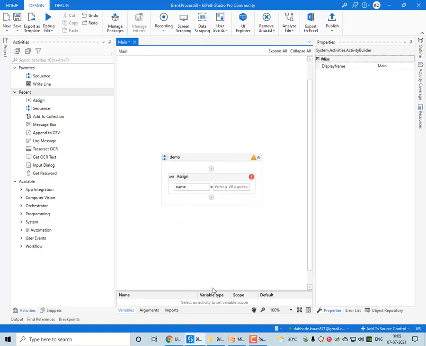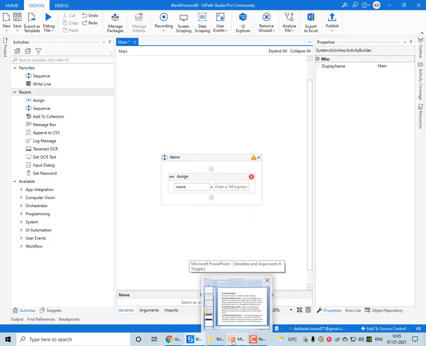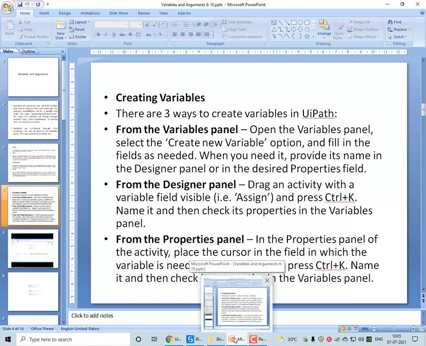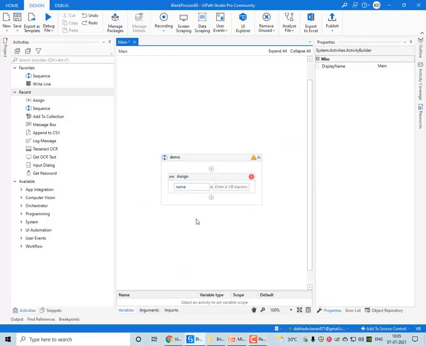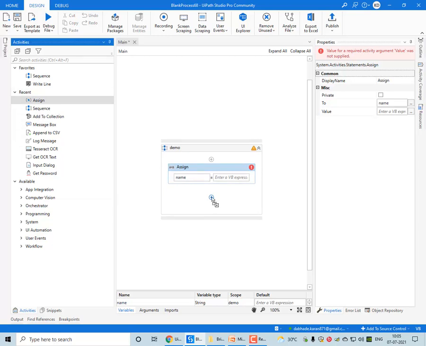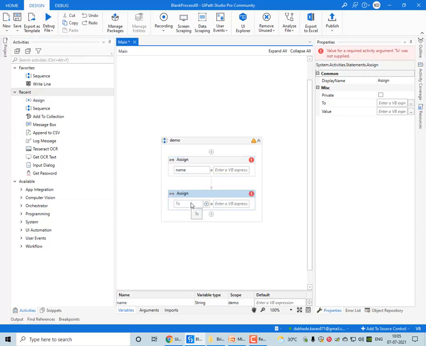And what is the third way of creating a variable? From the properties panel. In the properties panel of an activity, you can create a variable. So let me show you how it can be created. You can see over here, I am taking, for example, an Assign activity.